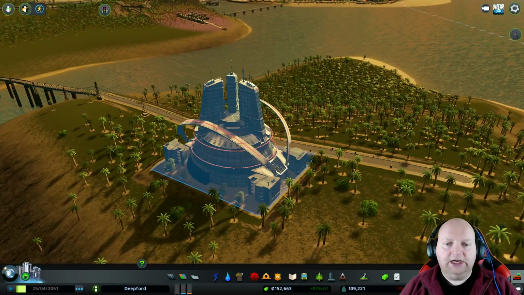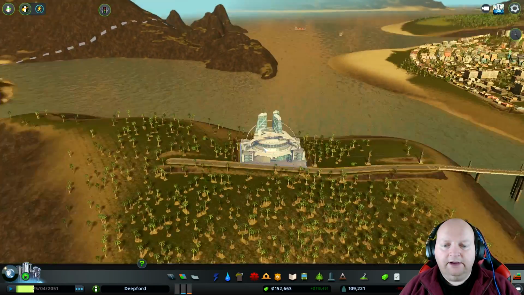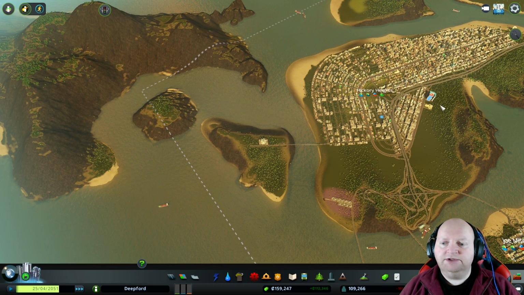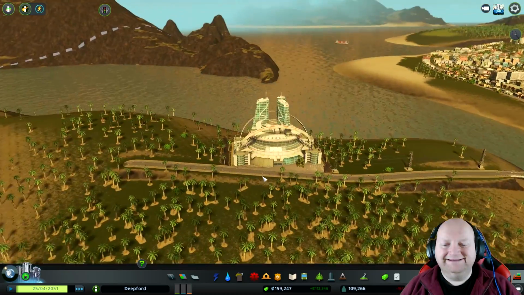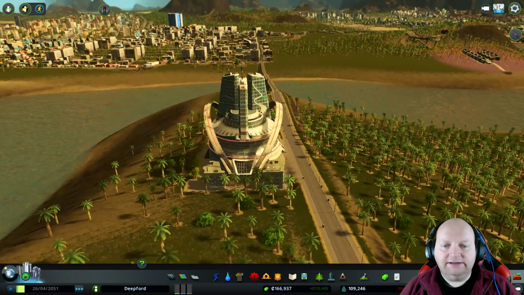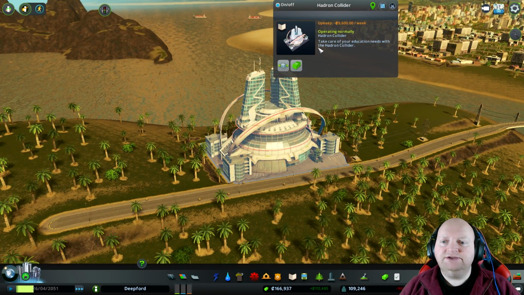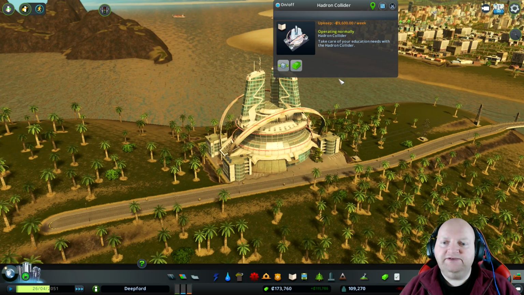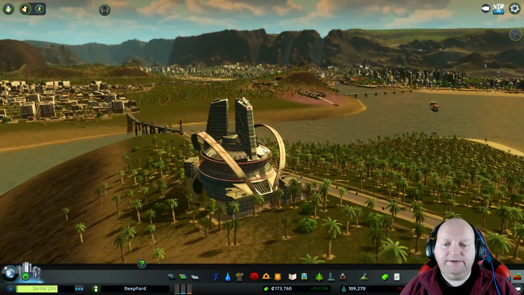The Large Hadron Collider. Also, if it's real, there should be like a pipe going around here, so if any explosions happen they'll be over this area. But there we go. We have the Large Hadron Collider. It takes $9.5 grand per week to maintain,